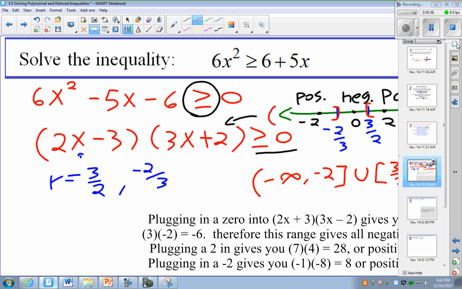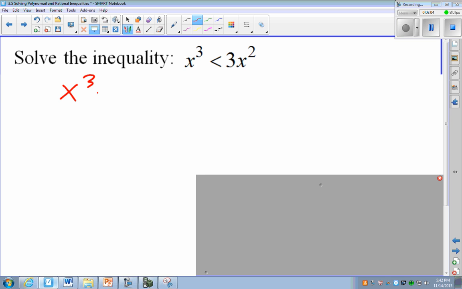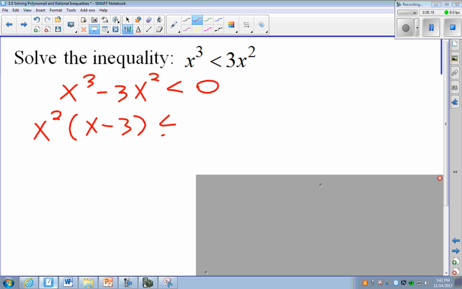Okay, let's look at another example. Here, first thing we do, get everything onto one side. All right, now let's factor. We'll get x squared times x minus 3 is less than 0. And now our zeros here are 0 and positive 3. Okay, now we create this number line